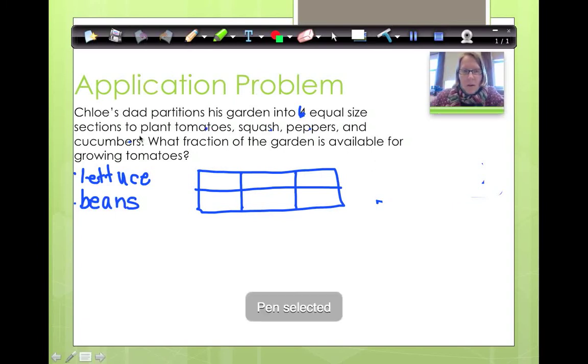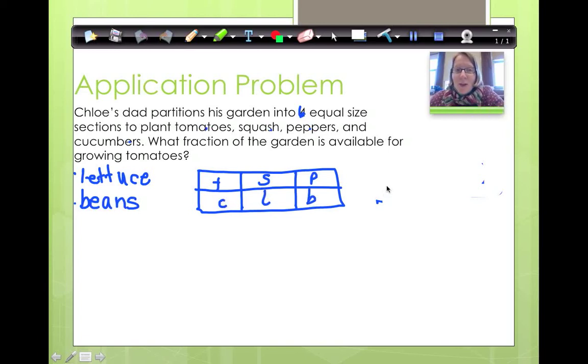Okay, so now let's label. This is tomatoes, this is squash, this is peppers, this is cucumbers, this is lettuce, and these are the beans. So, what is the fraction of the garden now that is available for growing tomatoes? Well, how many parts did we break it up into? Broke it into 6s, and how many parts get to be tomatoes? Just 1. So there is